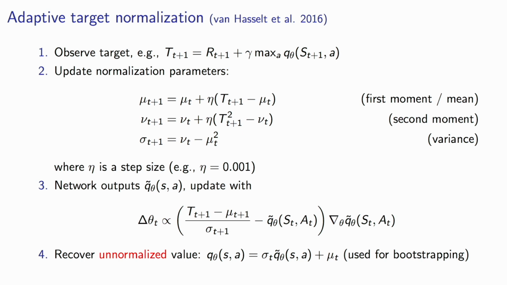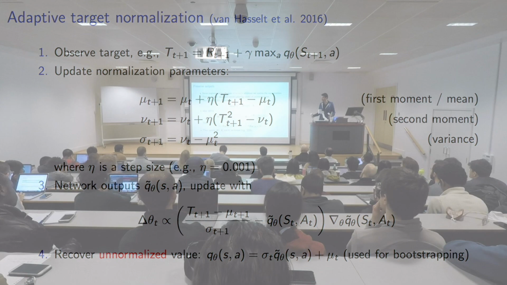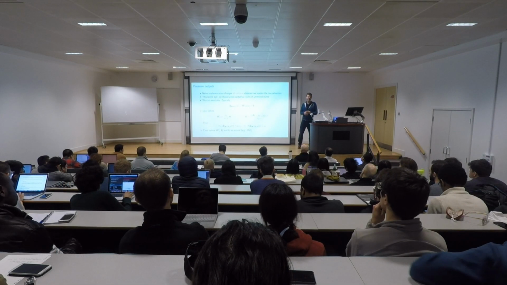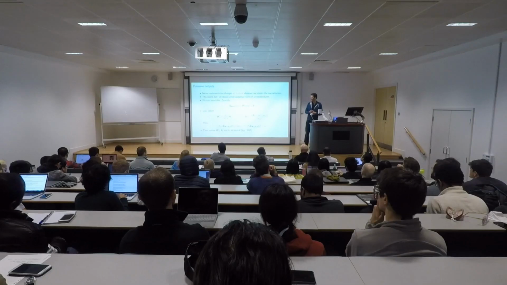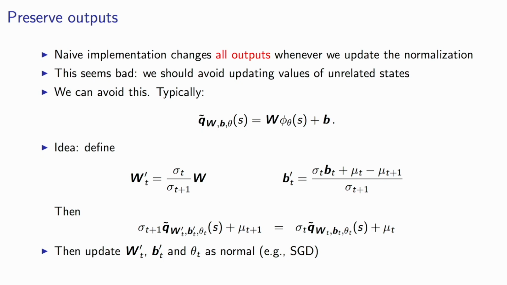Now this is very simple. You could just try this. But it turns out maybe that doesn't work that well, because a naive implementation of this would change all of the outputs of your network everywhere whenever you update the normalization. And that might not be the right thing to happen, because you might be in a certain state right now, or especially in the online case, you might be in a certain group of states where the rewards are, say, fairly high, and then you're updating your standard deviation, maybe your mean, things like that. But this would immediately also change your outputs for the network in states you visited a long time ago where you're not right now, because you're just multiplying these in to get these unnormalized values.